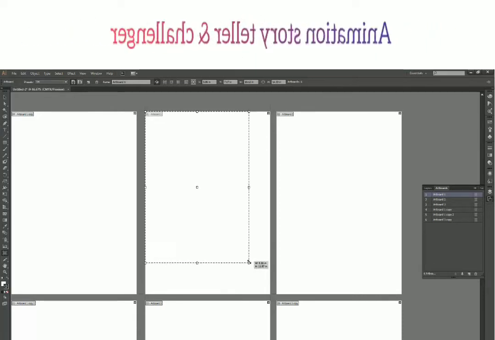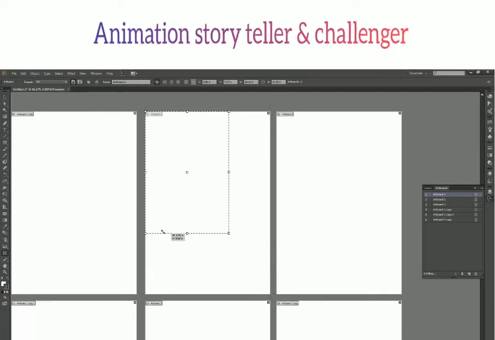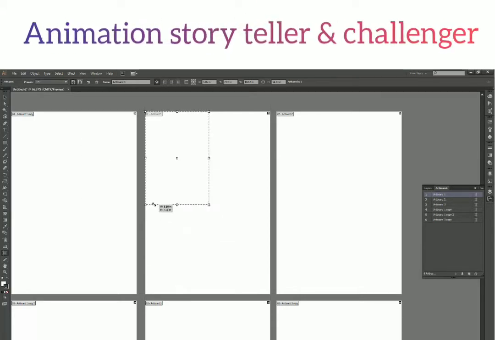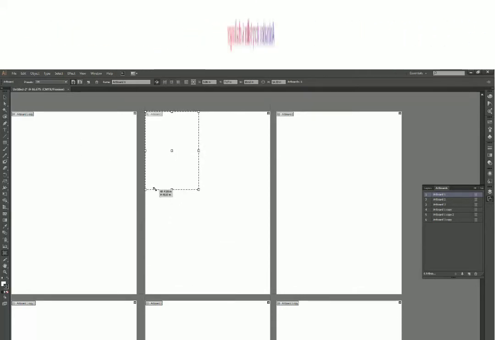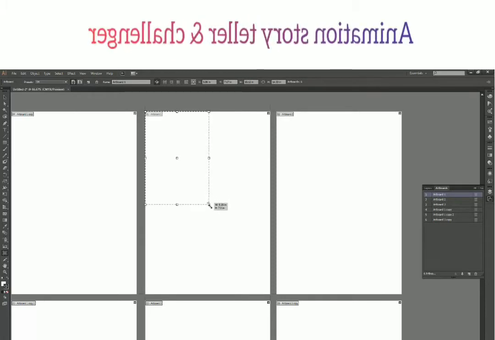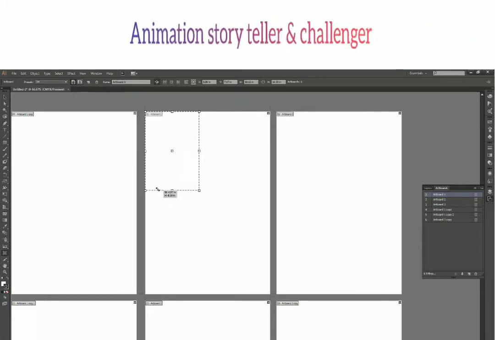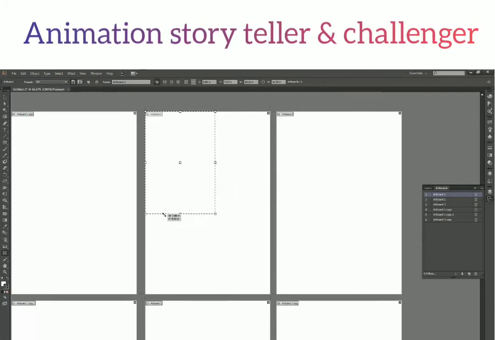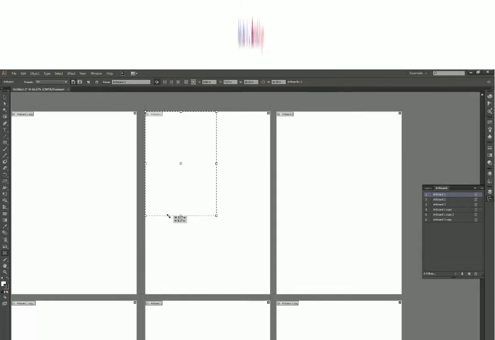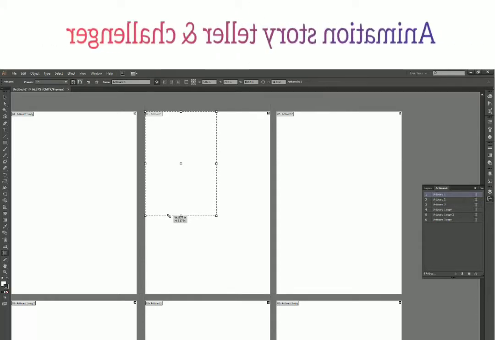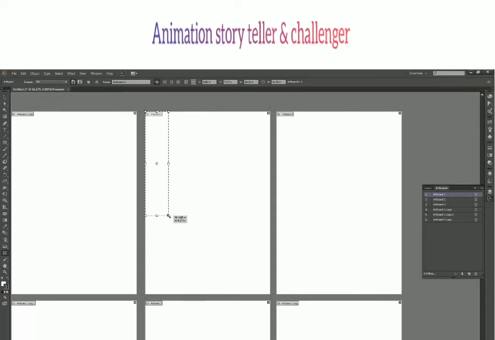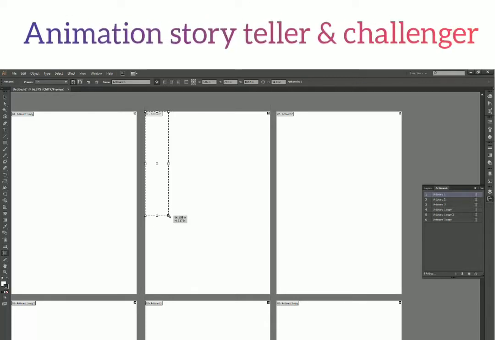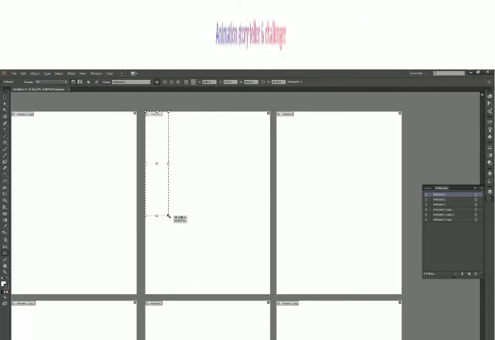What I mean by that is, let's say your cursor is somewhere here, and you can see my cursor is not at the exact position of this point, but still I'm getting a proportionate resizing. Now if I release Shift before releasing my mouse click, you can see it immediately jumped back to my cursor position.